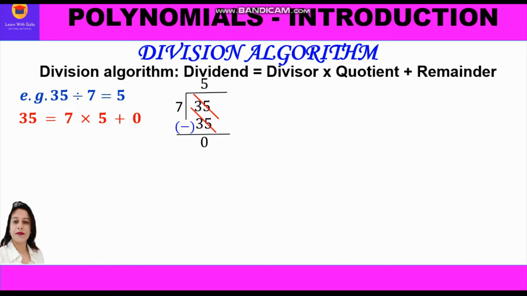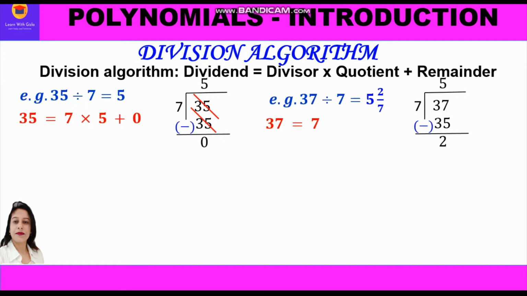is equal to 35. Similarly, if we have to divide 37 by 7, we shall get the quotient 5 and remainder 2. Now further we can check our answer by putting these values in the division algorithm. So we shall write 37 is equal to 7 into 5 plus 2. That is 37 is the dividend, 7 is the divisor, 5 is the quotient and 2 is the remainder. Now naturally the left hand side is equal to right hand side because 7 into 5 plus 2 is also 37.